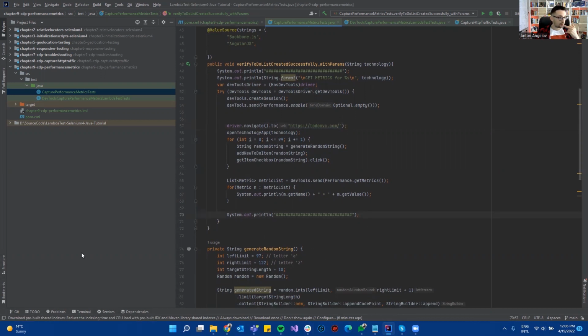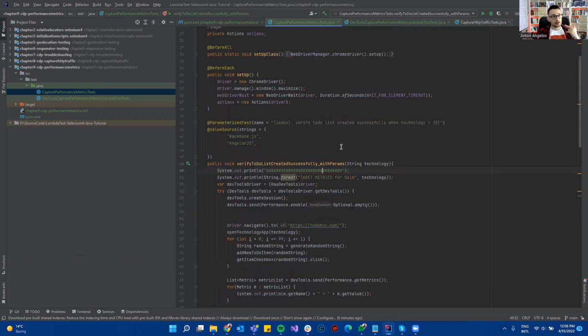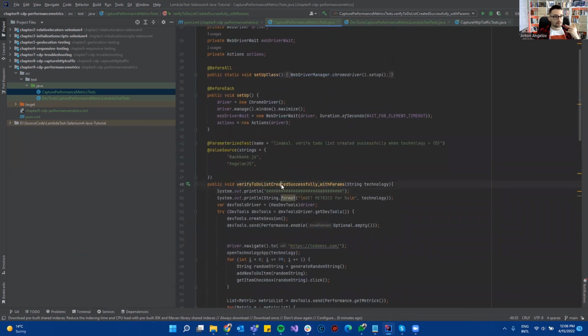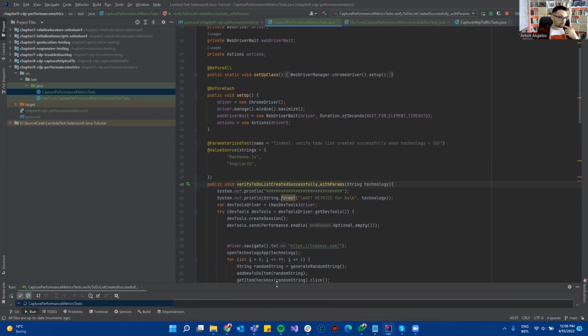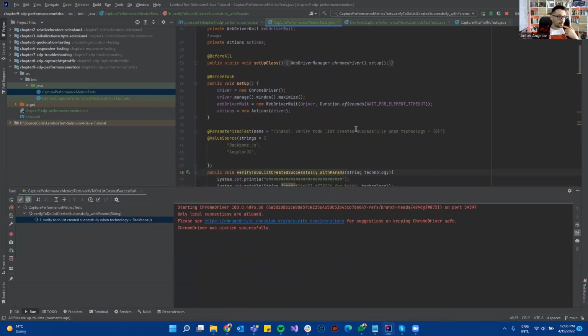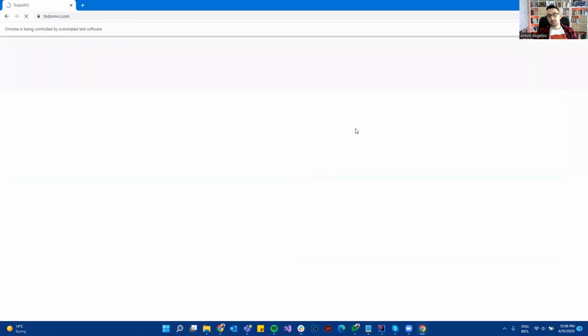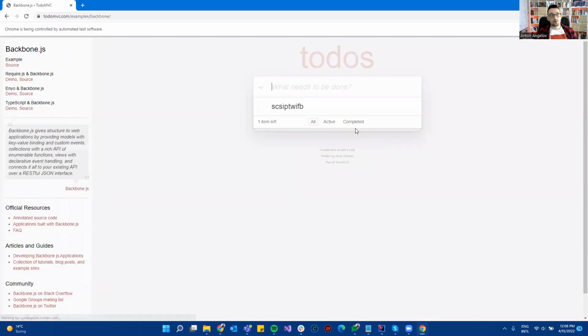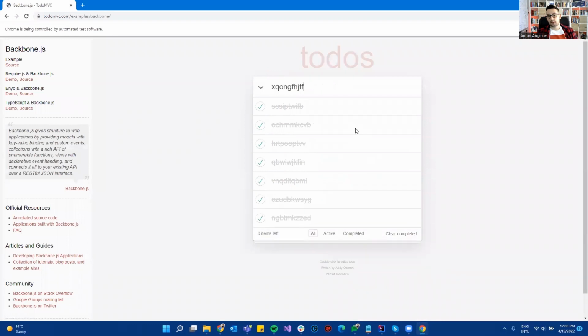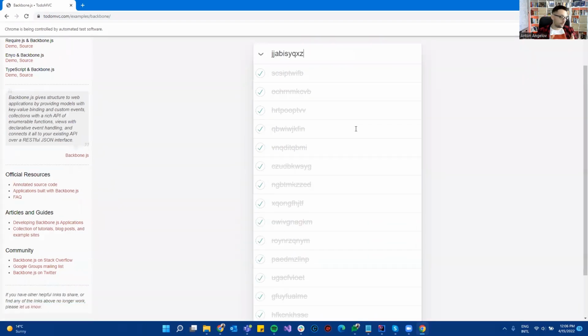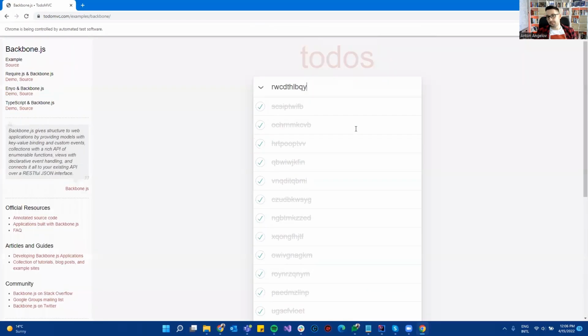I'm just going to run the tests one more time to see what it's doing, and then we're going to see the metrics in the console. I'm going to print them on the console, but of course, the thing that you need to do in your case is to pick 2-3